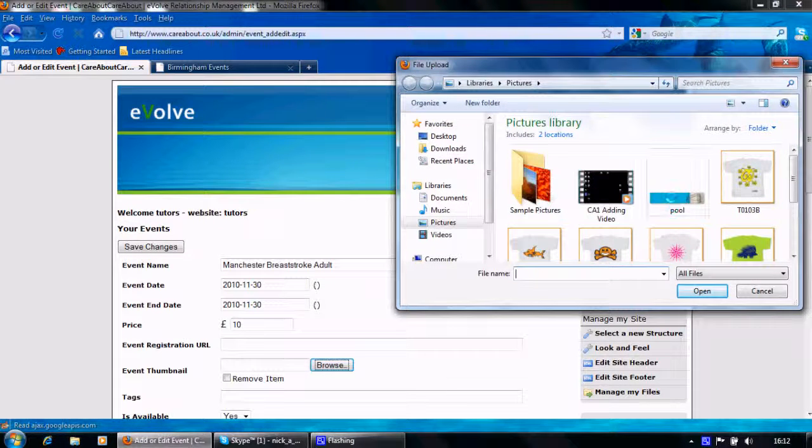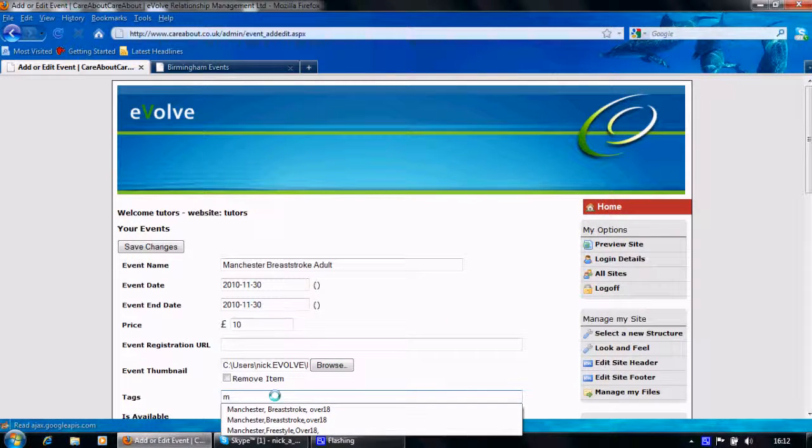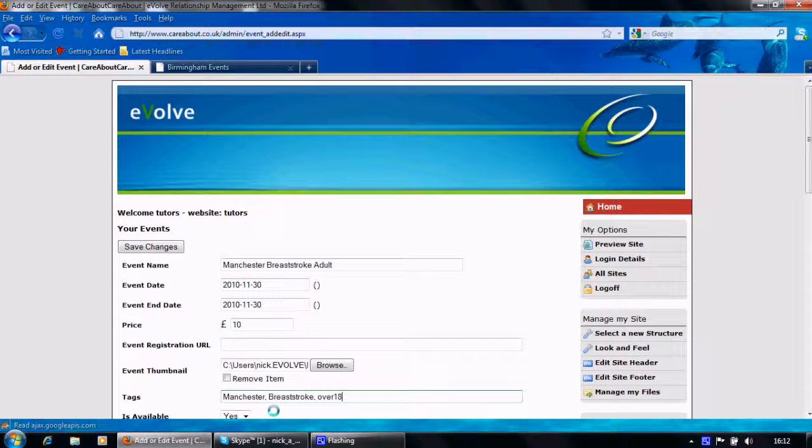Okay, so let's put a little picture on it. I'm going to browse here, and let's put a swimming pool picture on, and the tags we're going to have are Manchester, breaststroke, over 18. These are just comma separated. It's an event that's still available,